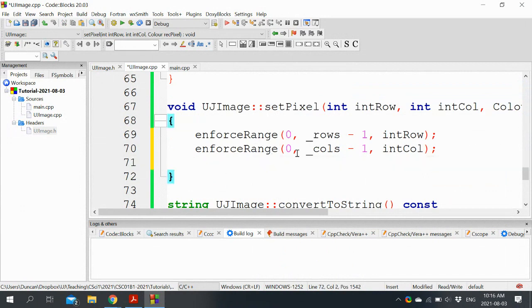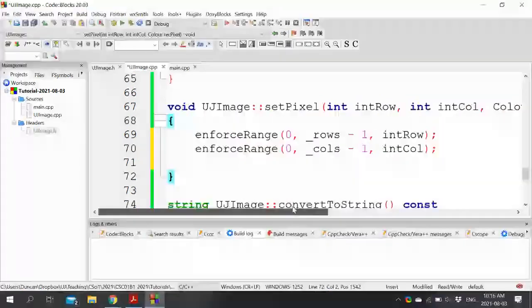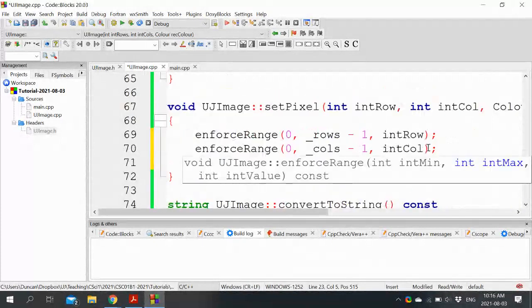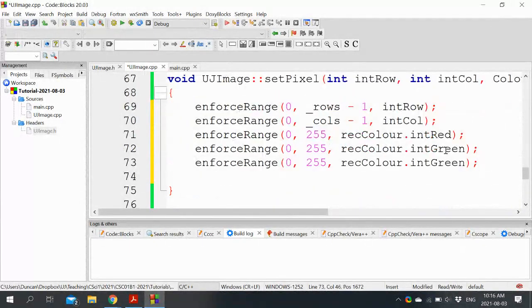Here we're actually setting a pixel, I see, so we actually also need to test to make sure that the pixel's values fall within range. I could probably have delegated that to a validate pixel function. I think I did that last time, rather than repeat this.